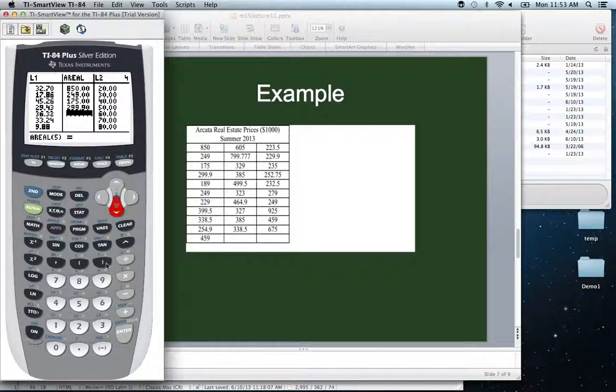So all these would be times 1,000. 189, 249, 229, 399.5, 338.5, 254.9, 459,